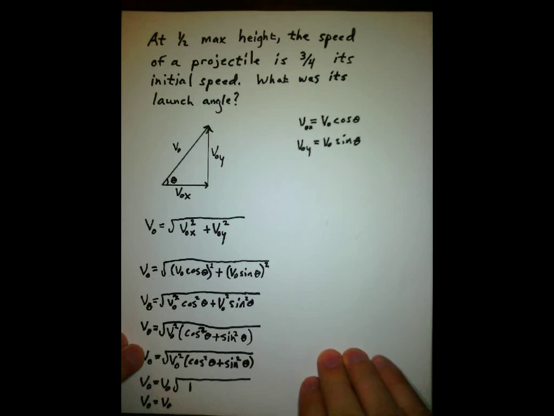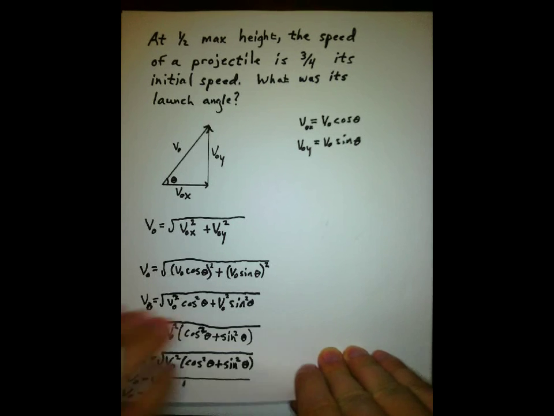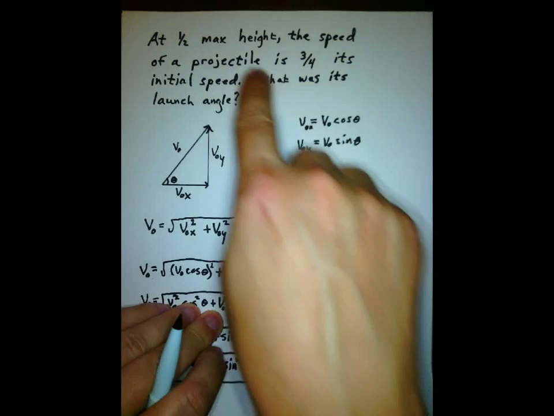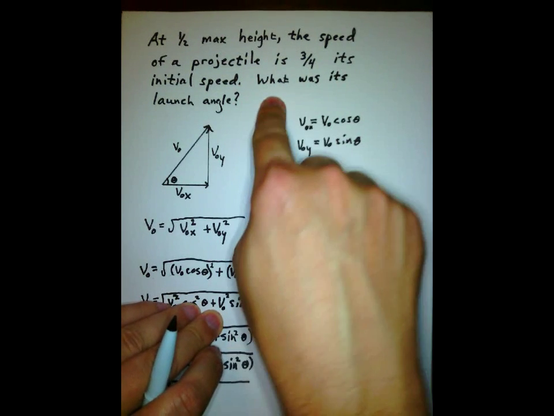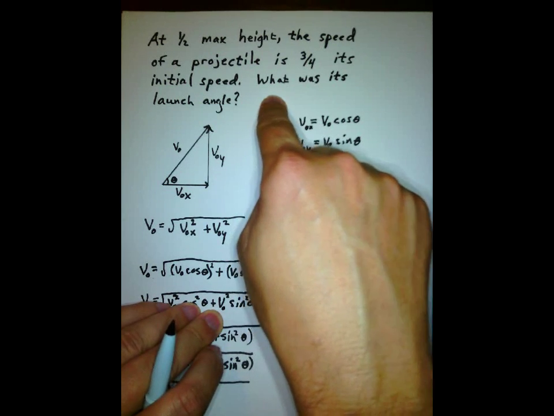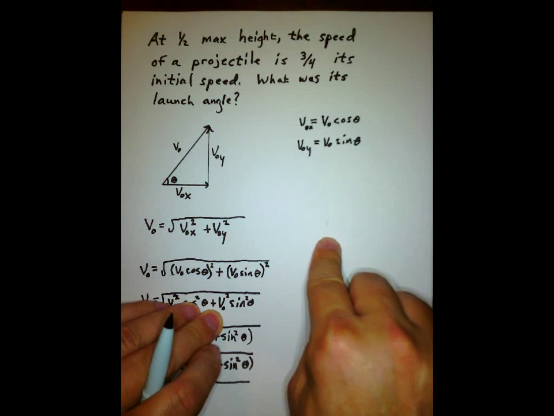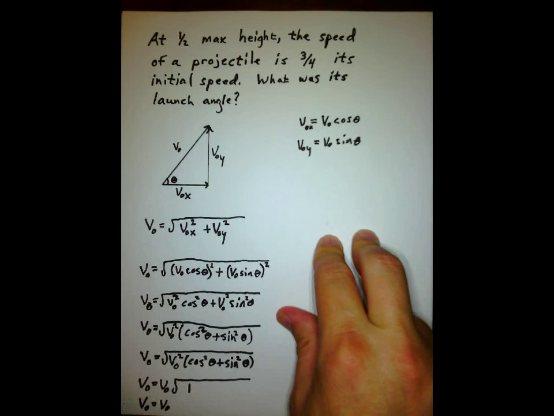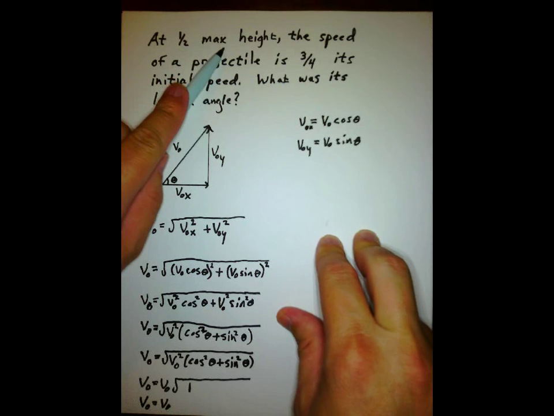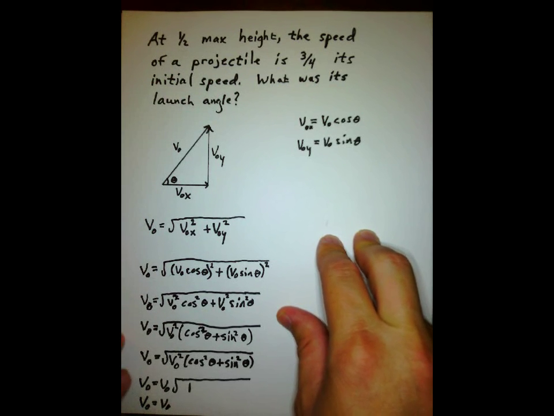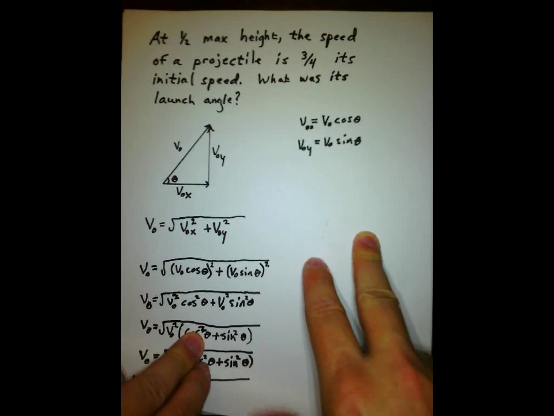Alright, so let me get this out of the way. So just real quick before I take this away, the problem says that at half of maximum height, this whole situation occurs. So in the interest of breaking things down and doing it a step at a time, for us to know what half of maximum height is, first we have to find maximum height. So let's do that. We're going to find maximum height. Alright. And we have an equation